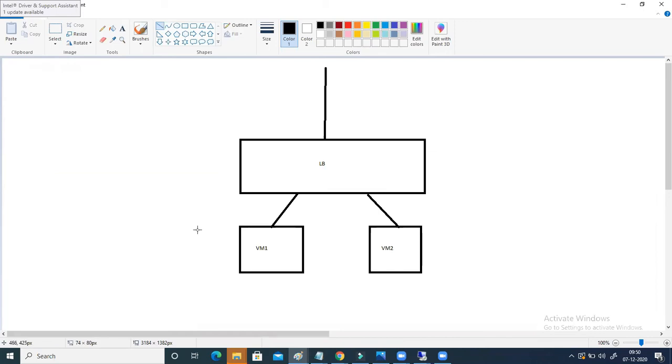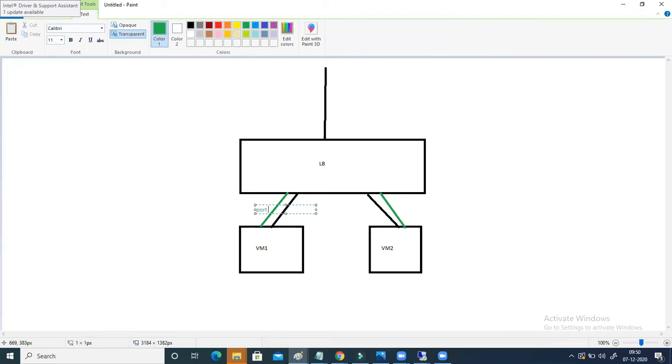In this health probe, what will happen now? This load balancer is going to send a message to my backend targets. It will send to VM1 also, VM2 also, but I'm just focusing here. Let's say the load balancer sent a message via port 80. Through port 80, your load balancer is sending one message to VM1, like, how are you?